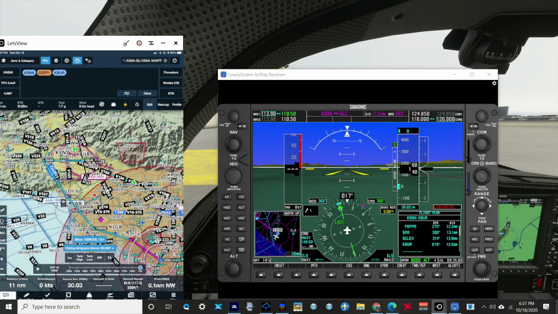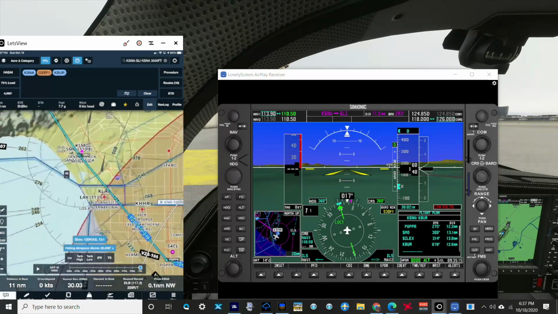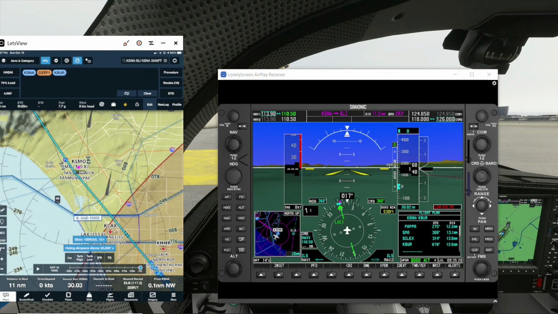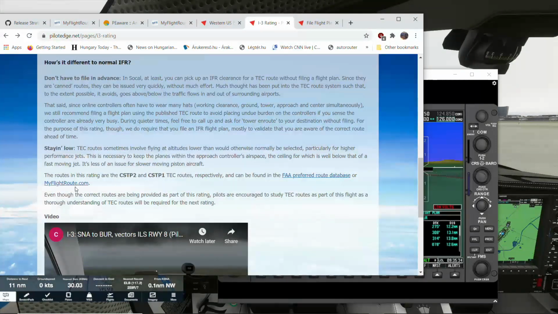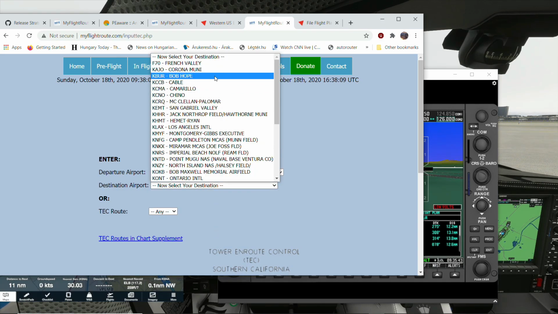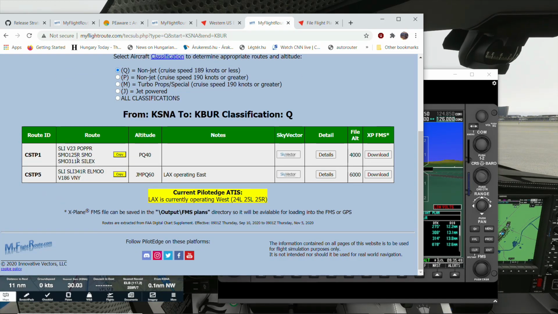And also, I would set up the Santa Monica VOR just to show you how to use the CDI or the VOR navigation. If you remember real quick, if we come back here and we look at the routing in this rating, and you go quickly to myflightroute.com and we put again KSNA and we put Burbank and we put the Q1, and you can see here it's radial 125 inbound, which means the opposite direction because